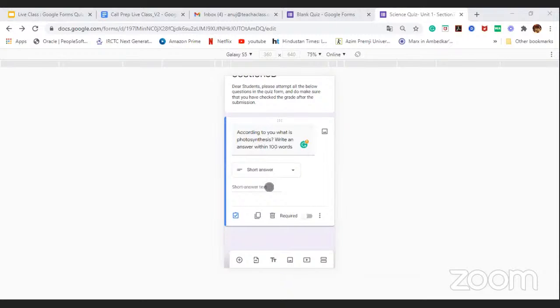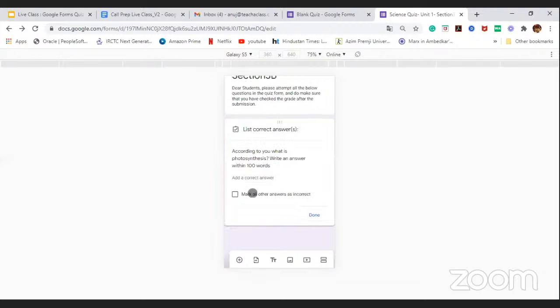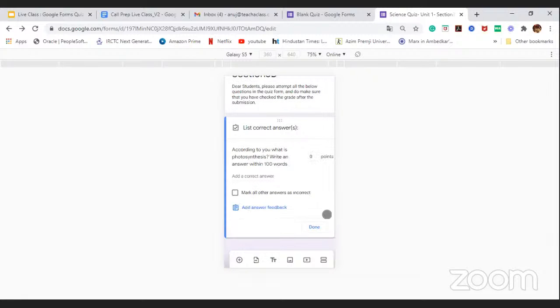Okay. And teachers, please remember, for the short answer and paragraph, we can give the marks, but the problem here is we do not know what is the correct answer. We know what is the correct answer, but we are not sure how our student will respond to that answer particularly. If you write an answer like this, the photosynthesis is a process which plants use for the food process. Like if you put your answer like this, but your student put in a different manner, like the to process the to create the food, the plants use the photosynthesis process like this, so it will automatically take the answer